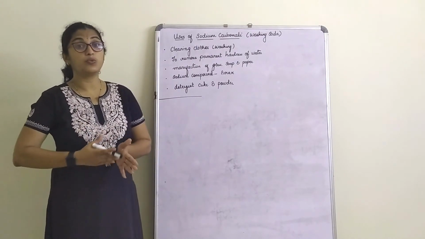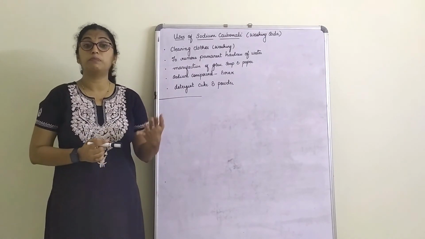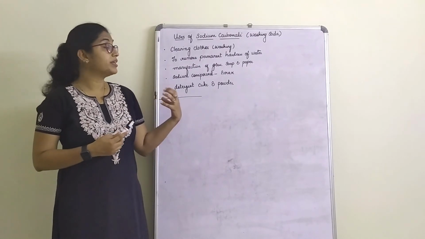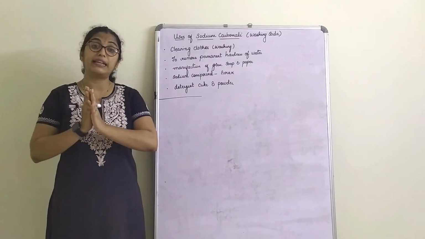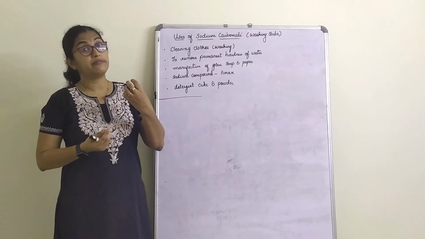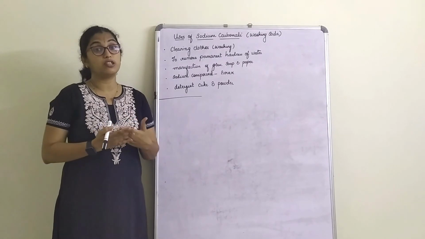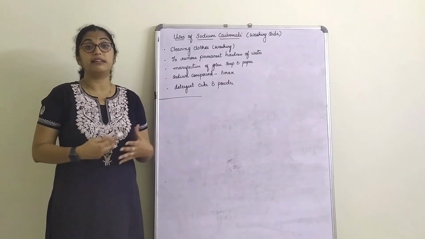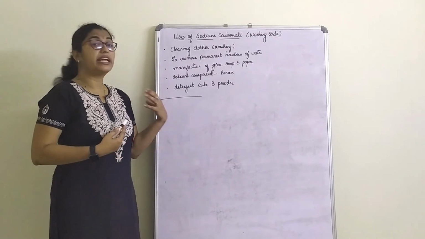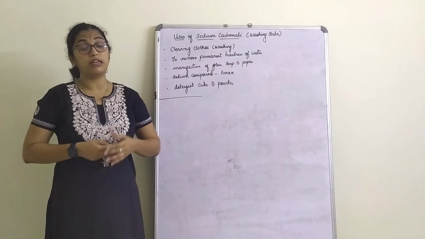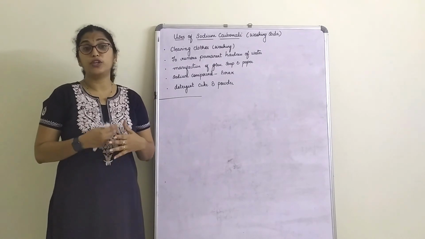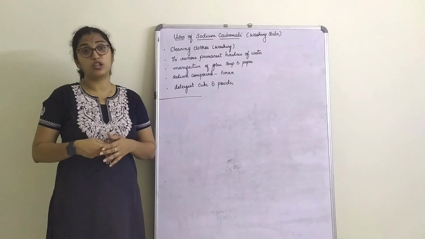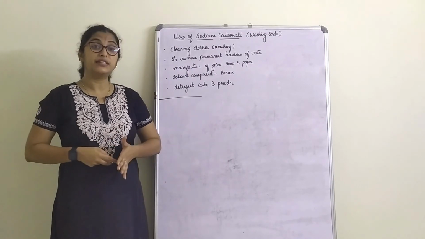In today's class we understood a few salts: bleaching powder, how it is prepared and where we use it; sodium bicarbonate, how it is prepared and where we use it, and what baking powder is apart from baking soda. We also understood sodium carbonate and its preparation process. Now we are left with only two salts, that is plaster of Paris, which we all know as POP, and another salt, copper sulfate. We will see that in our next session.